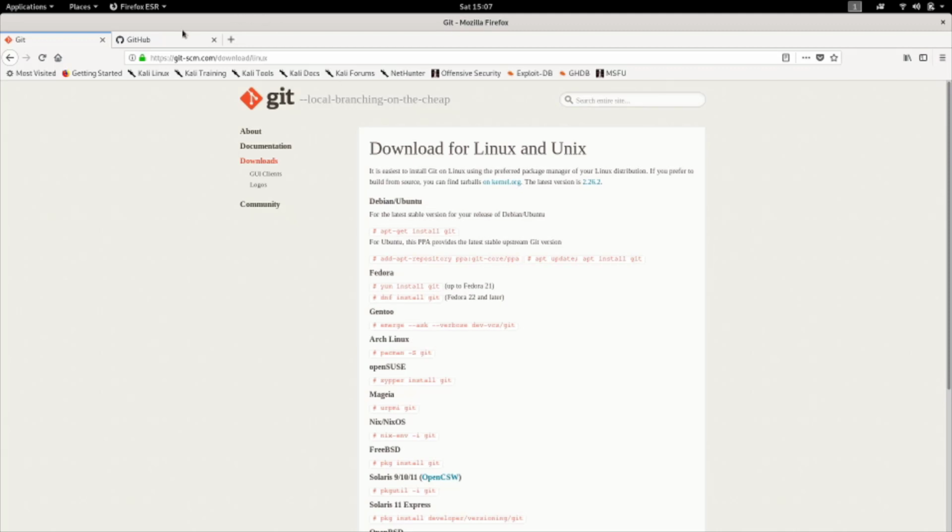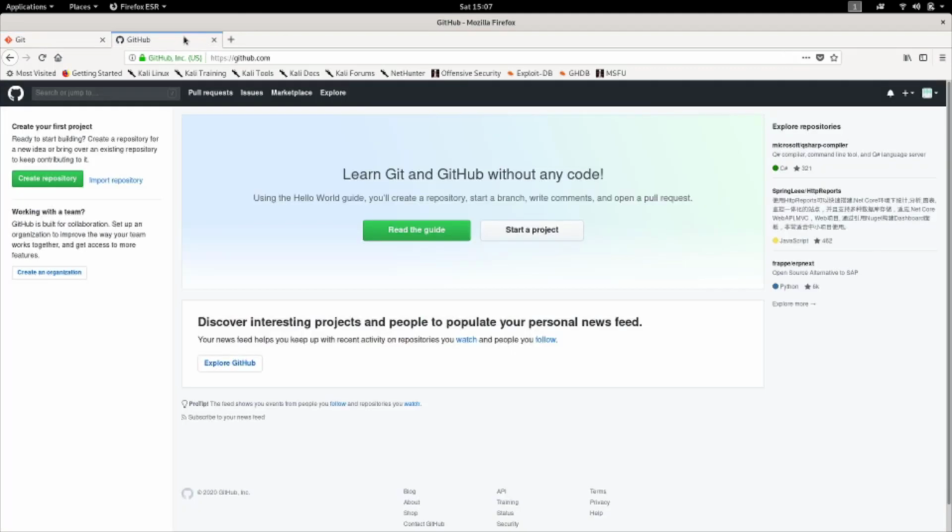So go to github.com, create an account. I have already created an account. It's easy. It's like 2-3 steps. You can do that. Once after creating this account and logging in, here you will have something called a plus icon. Click that. You will have new repository.